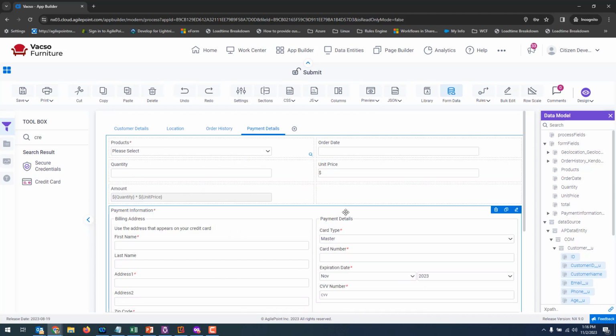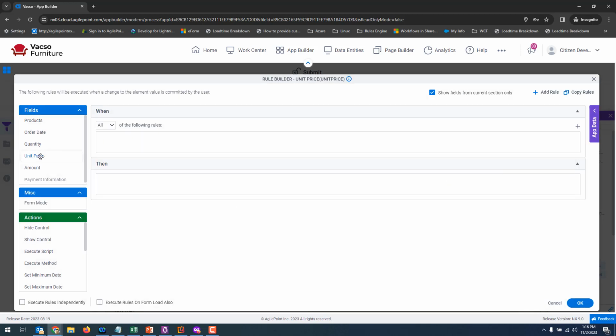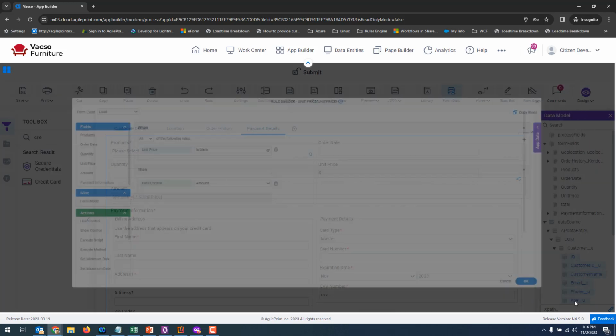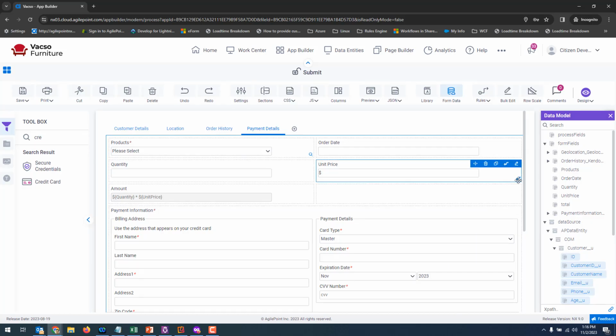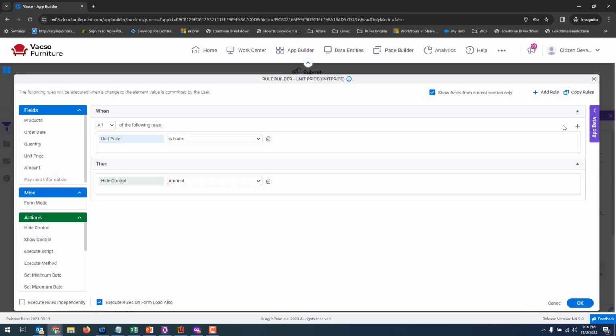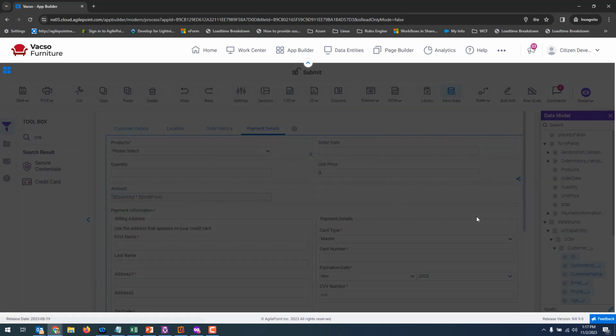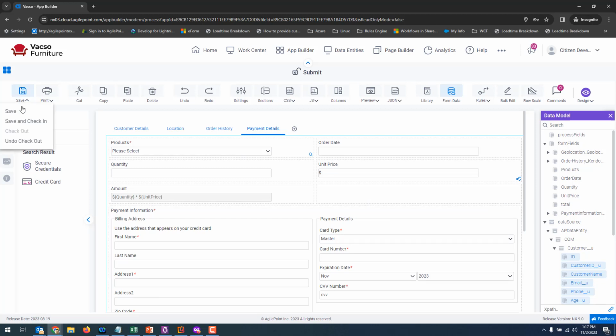Now, one of the requirements I have is no point showing amount field if unit price is blank. So I'm going to bring in my first dynamic behavior. I'll bring up rule builder and I'll say if unit price is blank, hide control amount, and trigger this on form load as well. Now it can go pretty complex. If you're wondering, you can always nest these rules together. You can add multiple rules as well. You can chain them. I have a simple rule in this case. Let's go ahead and click save,